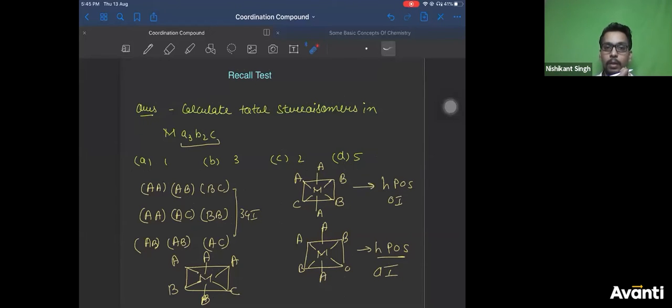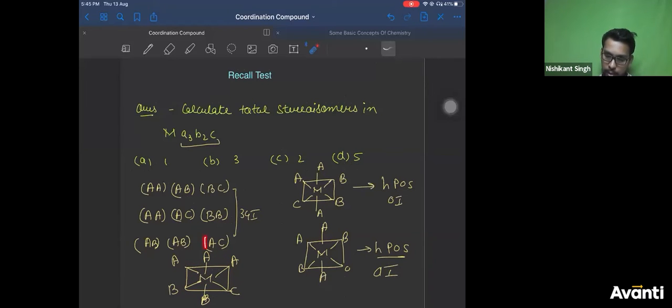Yes. So is there any plane of symmetry possible in this? Let us check. Horizontal, AB. Not possible, right? Check the vertical one. Have we drawn it correctly? AB opposite, AC opposite. Correct. We have drawn it from AB constant. A goes with B, A goes with C. Correct. So then there is no horizontal plane of symmetry.